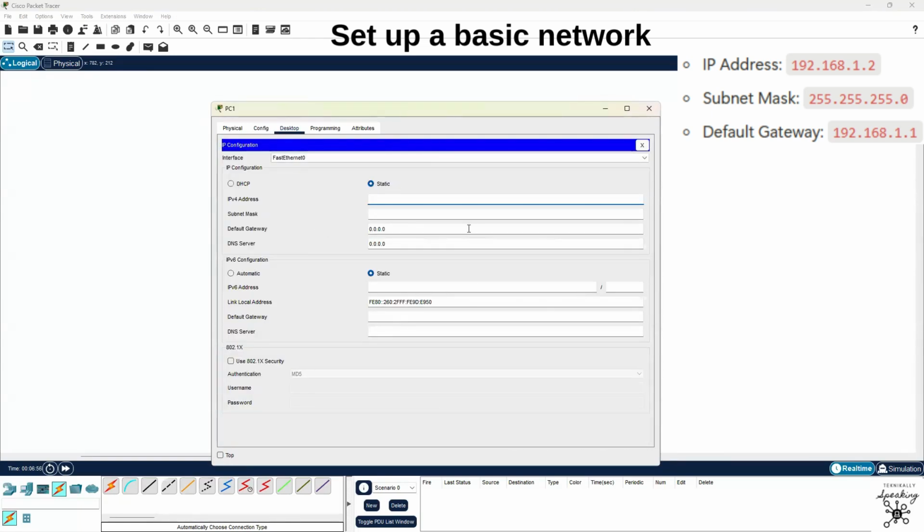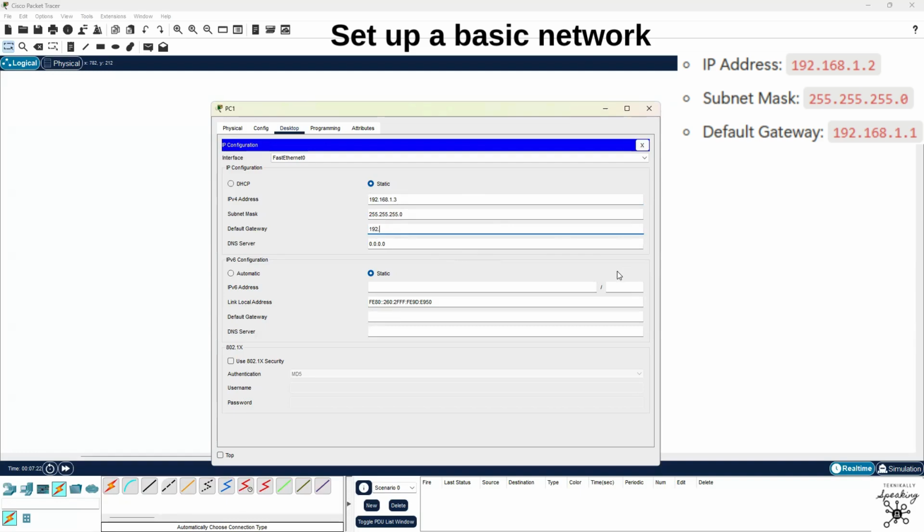Now we're going to add an IPv4 address, and it's not going to be the exact same address. It's going to be different. So it's going to be 192.168.1.3 instead of .1.2. Subnet mask, as you can see, it has already given the default, which is great, but we must add the default gateway.